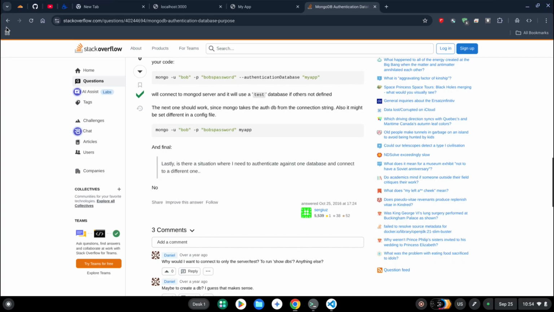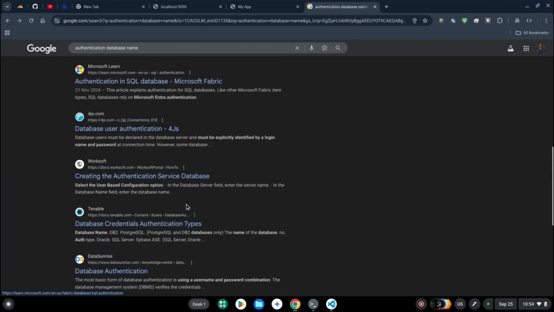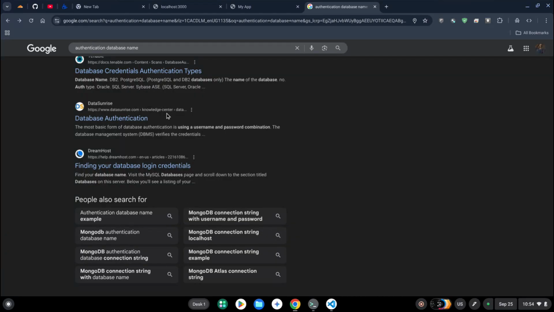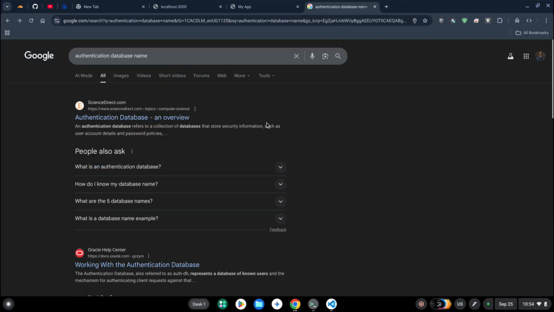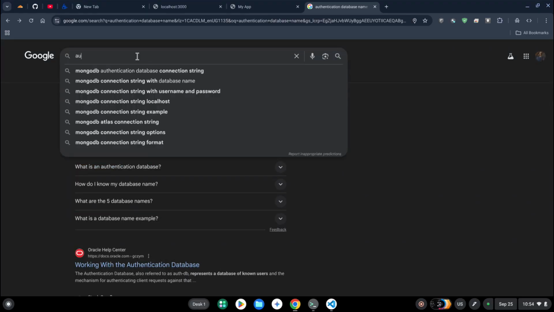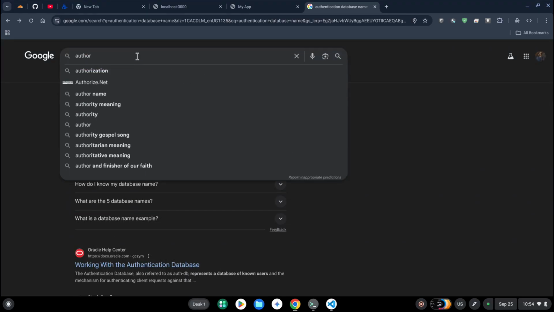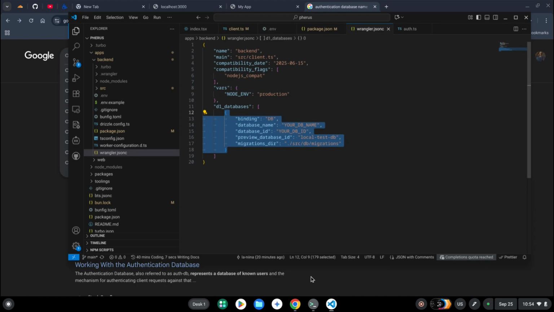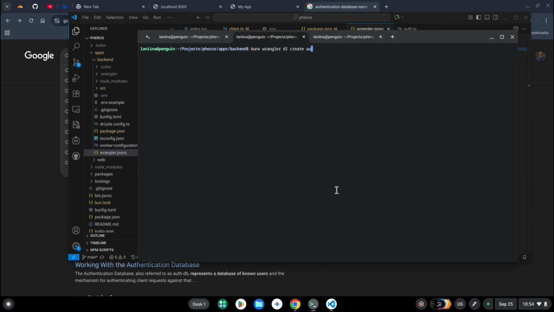Well, they all sound very basic to me. Yeah, they all sound basic. Authentication, credentials, authorization. I think using authorization could be nice, but then authorization, so we could use the name authorization